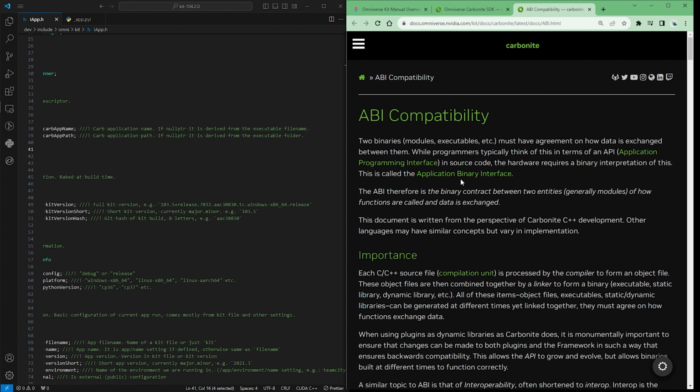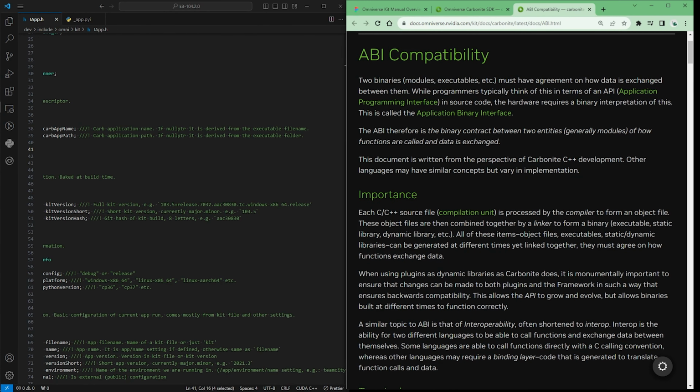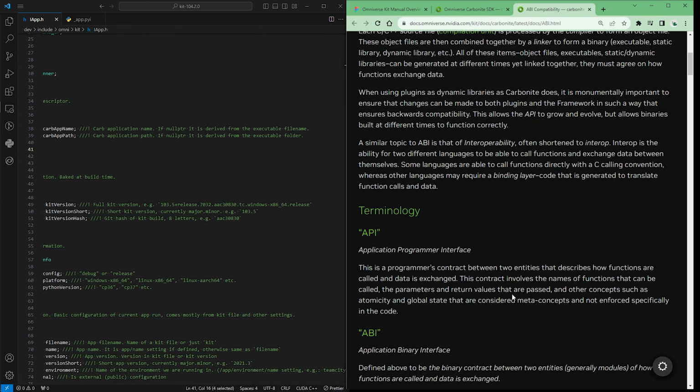What does ABI? Okay, application binary interface. That makes more sense. Okay, that is smart. Basically, anything that goes into the Omniverse universe, if it's C++ at least, needs to follow the standard interface in order to keep a certain level of quality and predictability